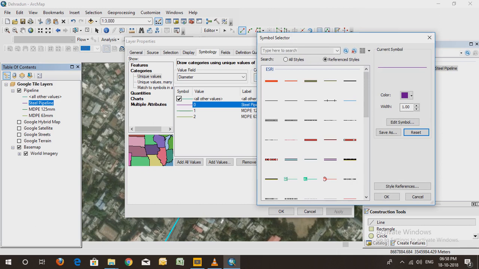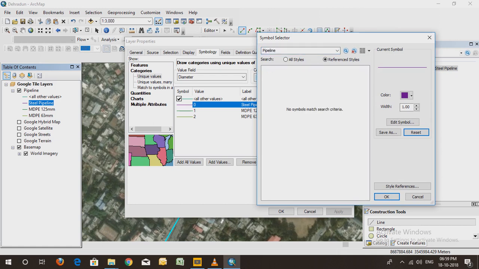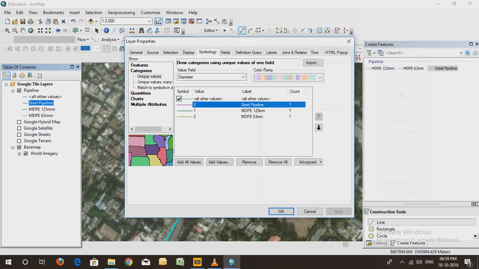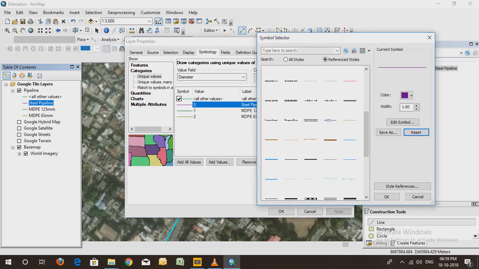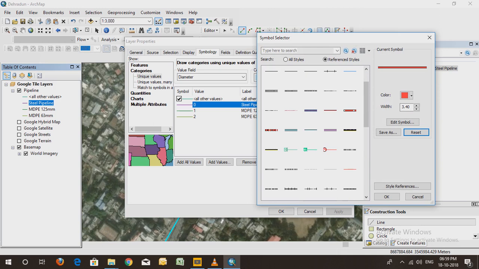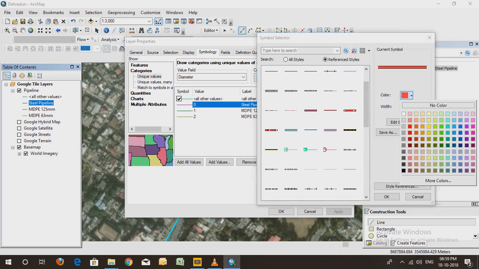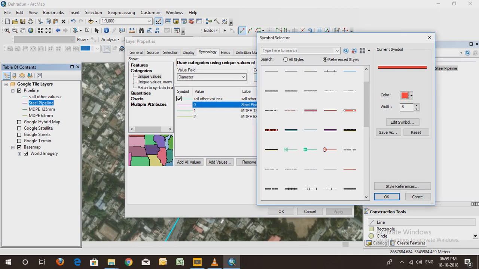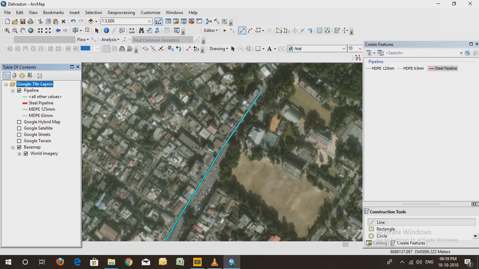Let's say you can search the symbol whichever you want to select for the pipeline. No, there is no symbol of a pipeline. You can add it also, but let's say I've selected this symbol. Increase the width, you can change the color, select the color, you can increase or decrease the width, just select it, okay. So when you click this one,